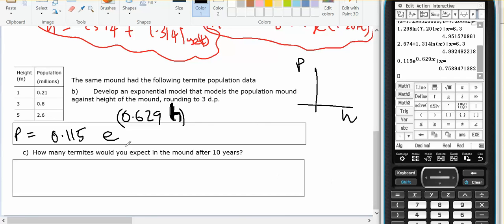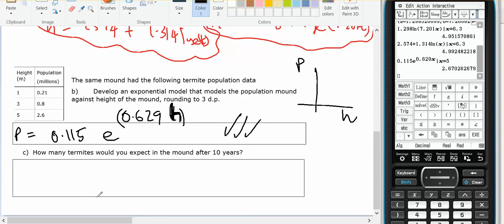0.629x. When x equals 1, just to double check my rule, 0.21, which is 0.21. And when x equals 3, I should get an answer which is 0. So that's not quite as accurate. And the last one, when x equals 5, and 2.67. So we can see that we're getting similar sorts of numbers, so that's an acceptable rule that I